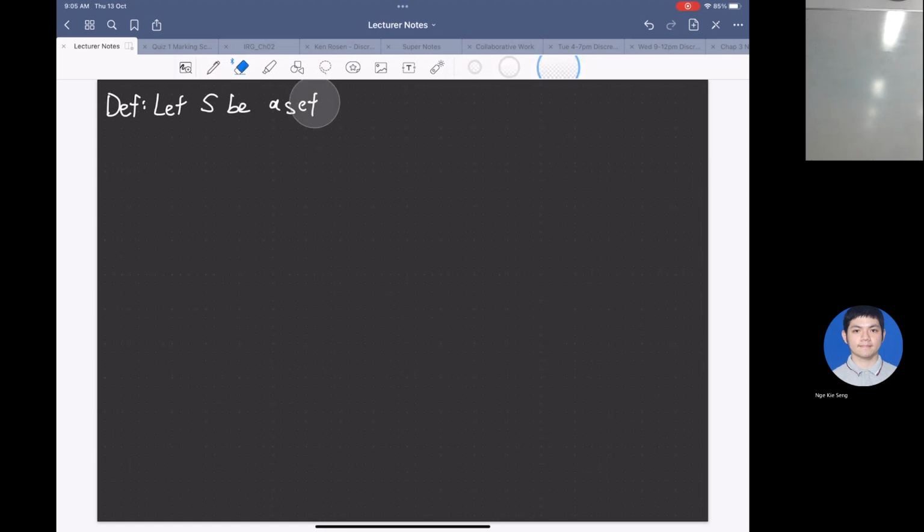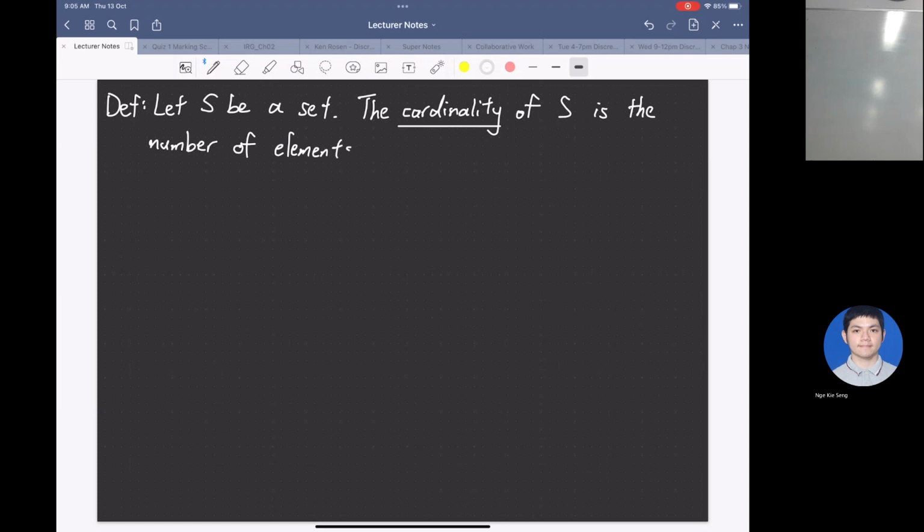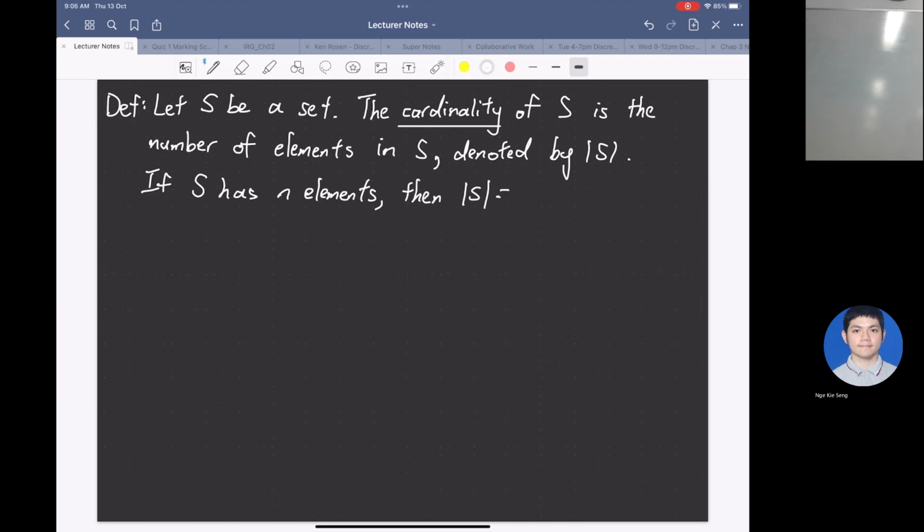Given a set X, the cardinality of the set is the number of elements in X. We denote it by modulus X. So if X has n elements, then the cardinality of X is n, where n is a positive integer. Otherwise,